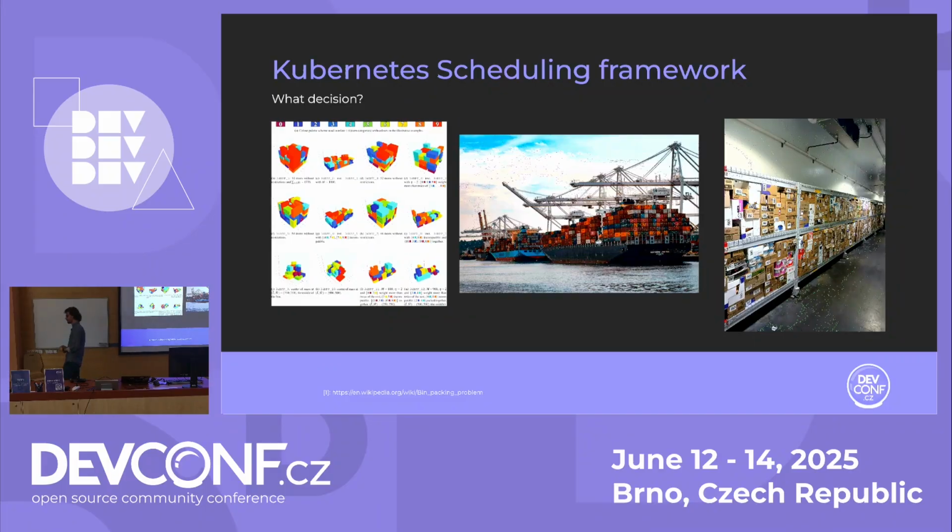And if you think about it, every time I've done one of these three examples, I've been talking about some value that has to either be maximized or minimized. That's why the scheduling problem in Kubernetes relies on theoretical problems coming from queuing theory or from operational research. And they are problems that we face every day in different industries.